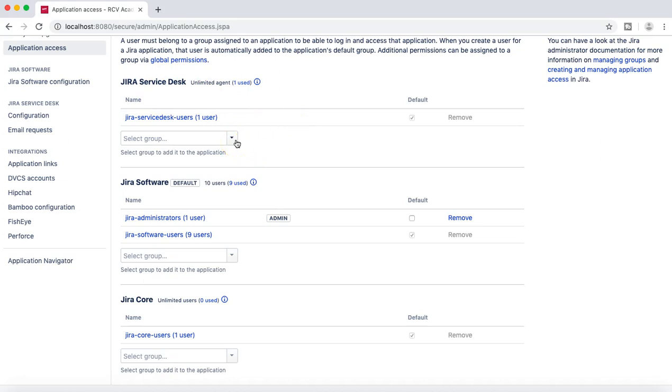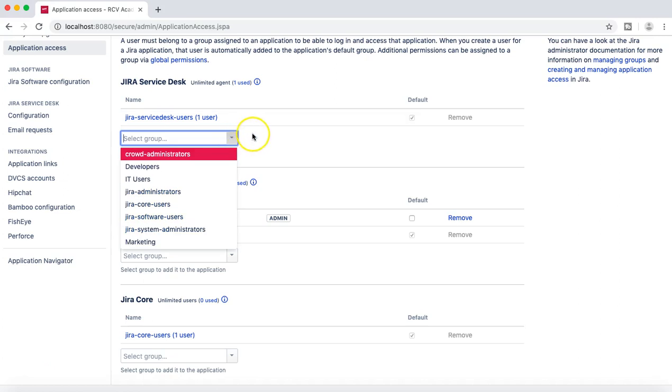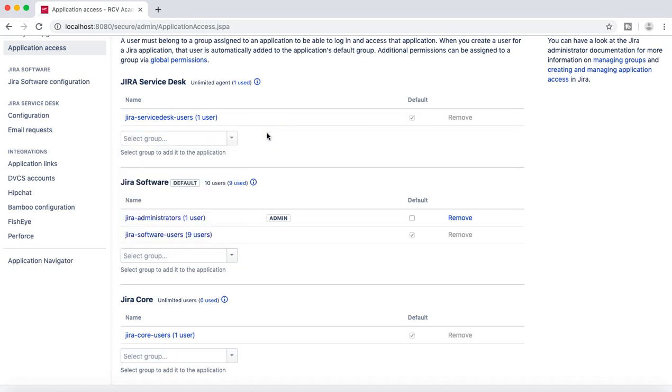So that group doesn't have access to any of the application. Any user in that particular group won't be able to access the application if that user is not part of a group with application access. For example, B. Kumar, M. Kumar and M. Patel are part of the JIRA software users group, so that's why they'll be able to access